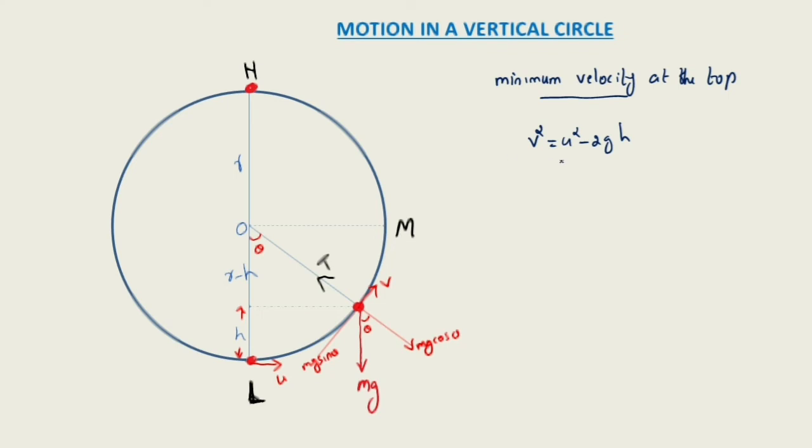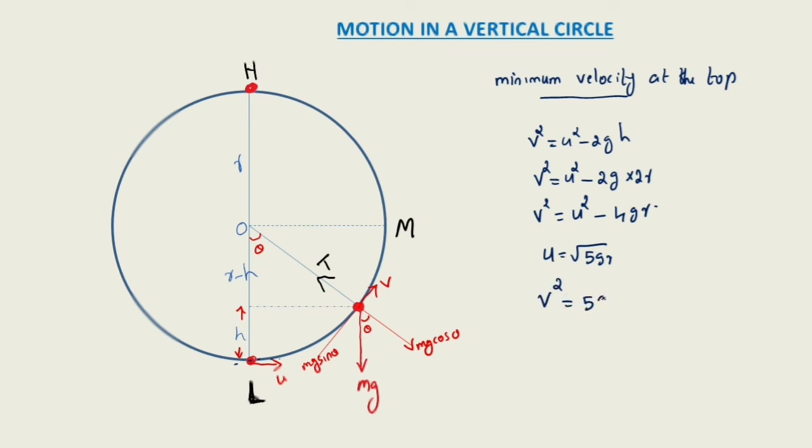We have already discussed in the first case the velocity at any point. So we can write here v square is equal to u square minus 2g into the height from the reference point, that is equal to 2r, right? So 2g into 2r. So v square can be calculated as u square minus 4gr. So what is the minimum velocity required for looping the loop? We have already calculated that u must be equal to